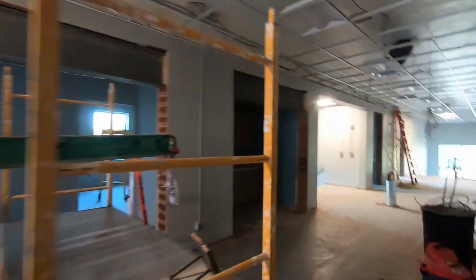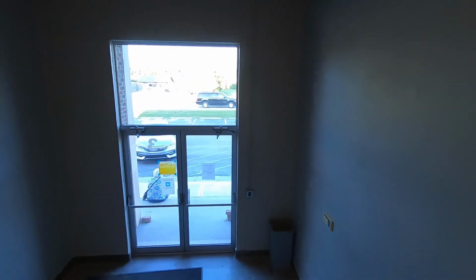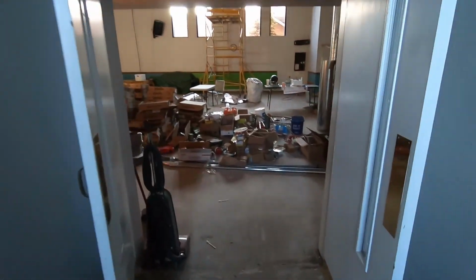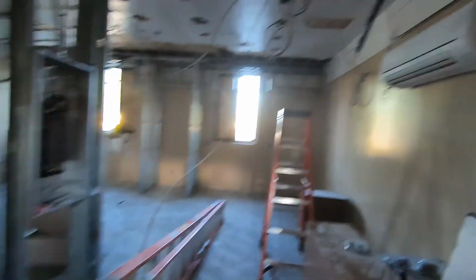And then downstairs, we have been noticing some work done down there. They're working quite a bit still in the kitchen, and it will be a kitchenette. There will be cabinets, and it'll be kind of a warming kitchen type affair. So there'll be plenty of what's needed to provide for the events that we'll be holding in this area. So we'll take a little jaunt through here and take a look at what we've got going,